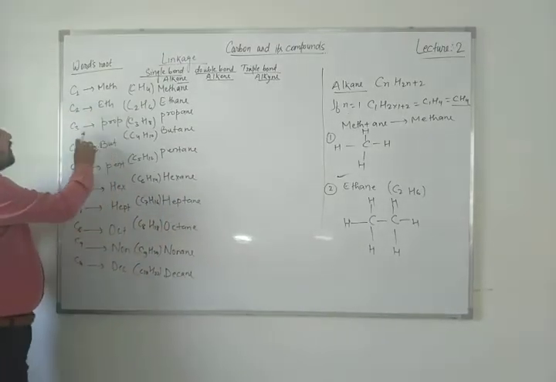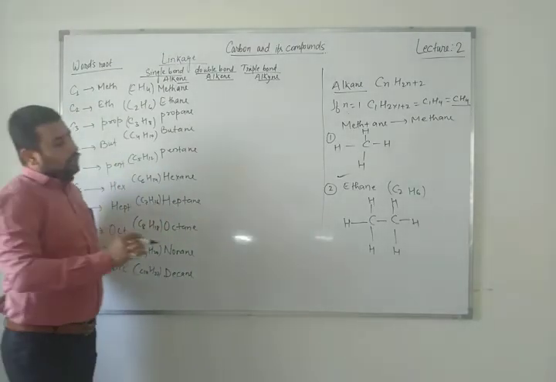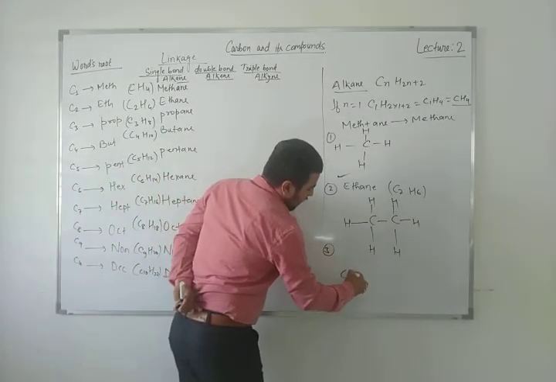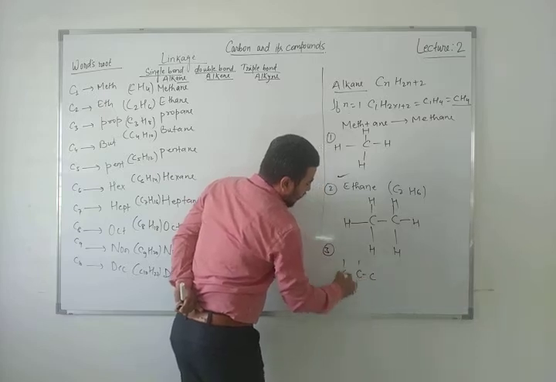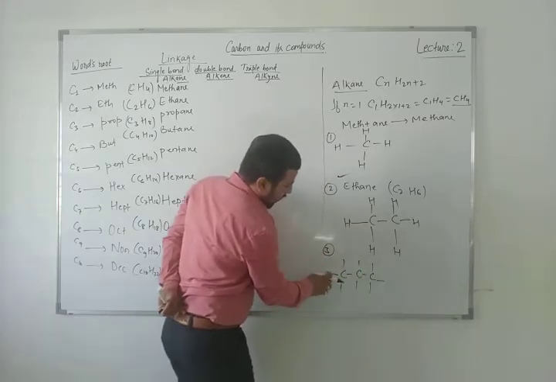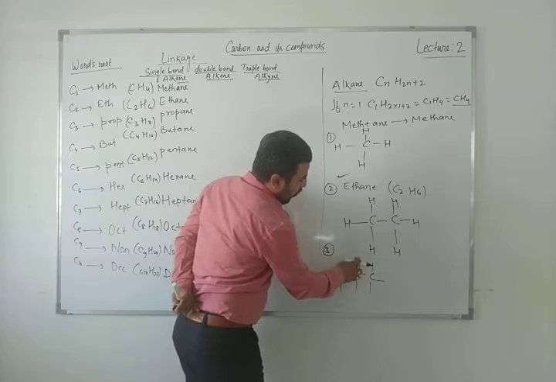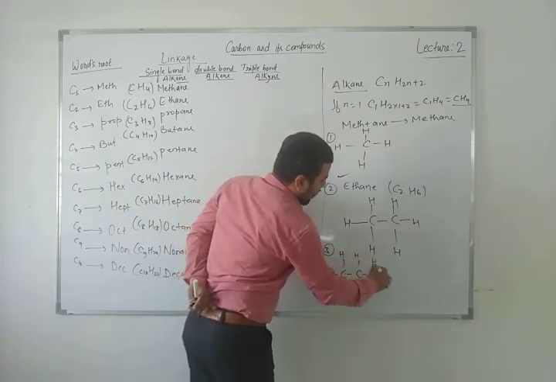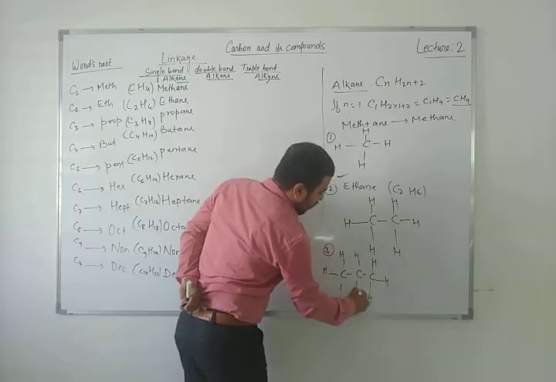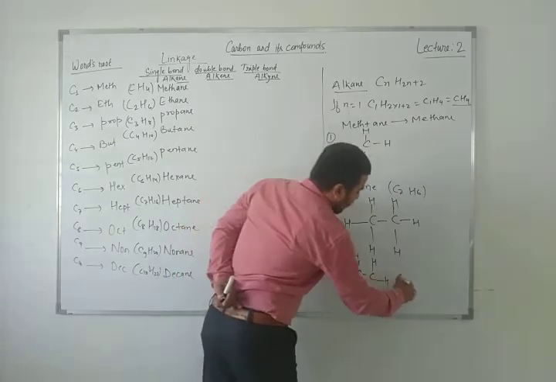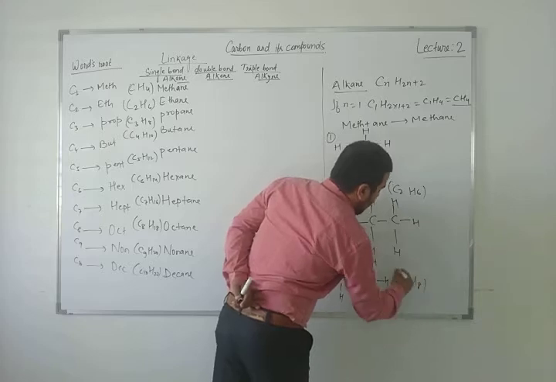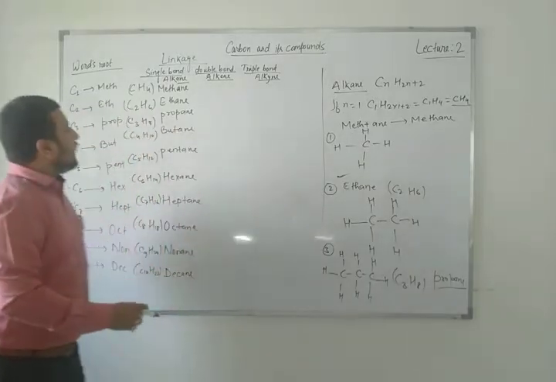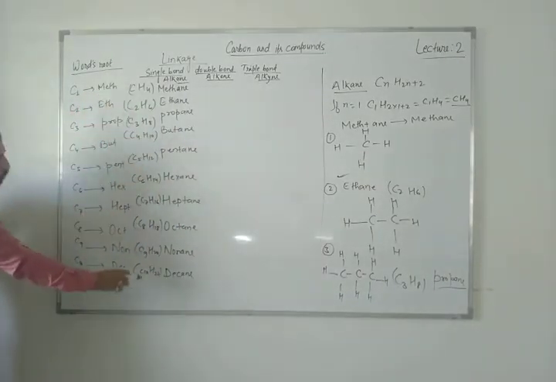Similarly, you can take the structural formula of propane. What you have to do is just increase the number of carbons. If you want to write 3 carbons, 1, 2, 3, each carbon will have 4 bonds. You can see here 1, 2, 3, 4, 1, 2, 3, 4, 1, 2, 3, 4, and everywhere you have to put hydrogen. So you can count the number of hydrogens also, and you can see here C3 and H8. It is known as propane. So I believe that from methane to decane